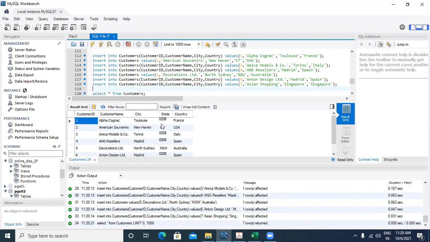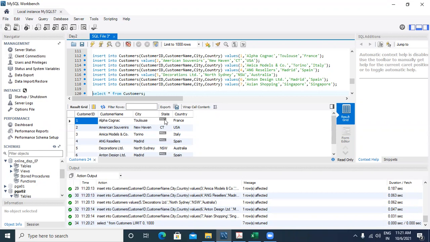So guys, if you see, for many customers, the state has a null value. Now, the presence of a null value is always problematic. How do I handle this situation? I do not want this null value to appear in my table, because I know that this is always going to create a problem for me. I want to replace this with some meaningful value. Maybe, let's say for those customers for whom the state is not applicable, I want to write not applicable,